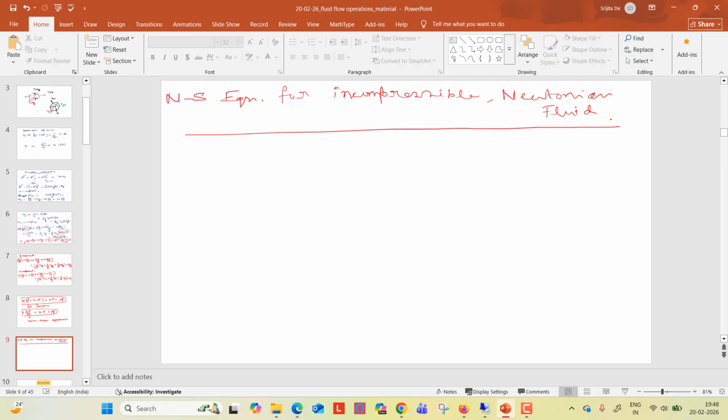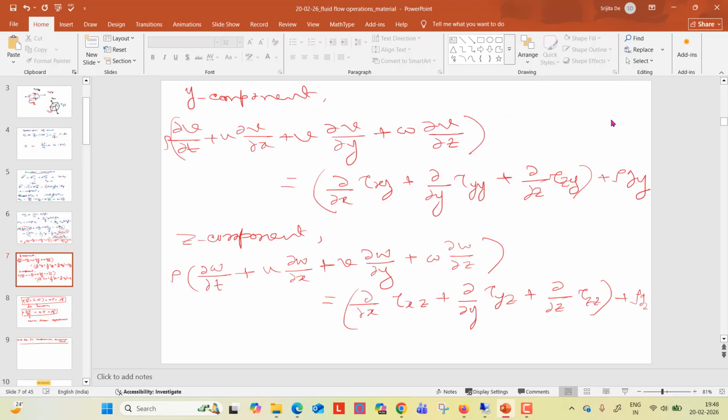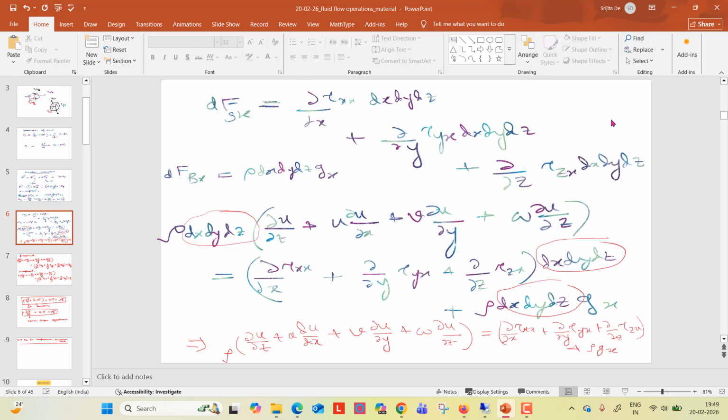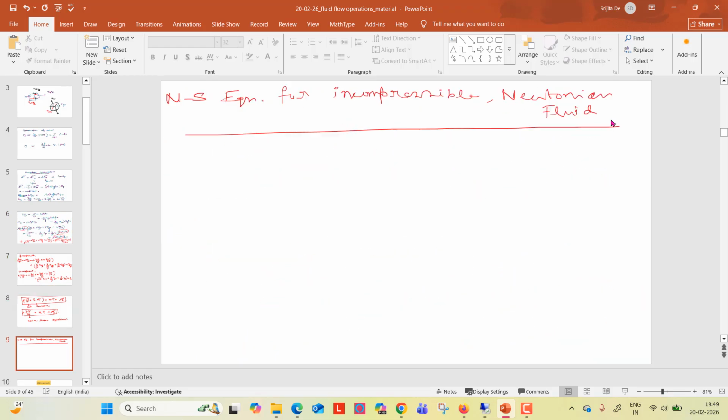So what is not known? In this x component, if you see the x component, everything is known, right? Del u del t, you cannot simplify it more, but you can simplify the tau xx term, because from Newton's viscosity law, you can express this stress term. So how do you express it? If it is a Newtonian fluid